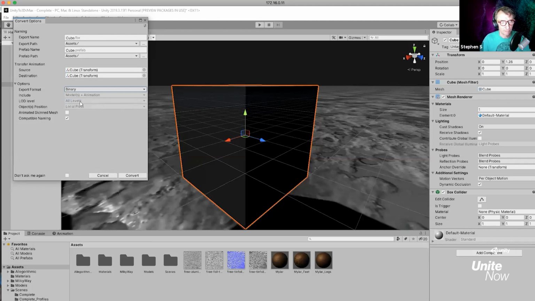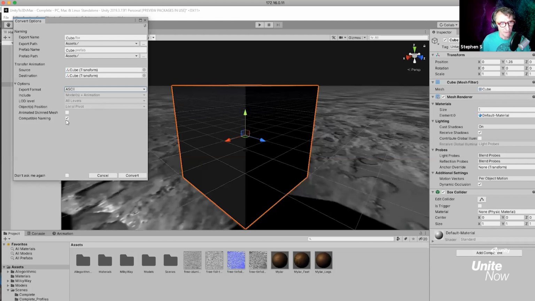So the benefit of the two is ASCII will make a larger file, but it can be modified easily. You can go ahead and just change the code if you needed to. The binary will be compressed, so you can't go through and change that, but it's also going to be a smaller file. So it's up to you which one you want to use. I'm going to choose ASCII for this project, and you won't really know exactly what the difference is unless something really goes wrong, right? But you could choose either ASCII or binary.